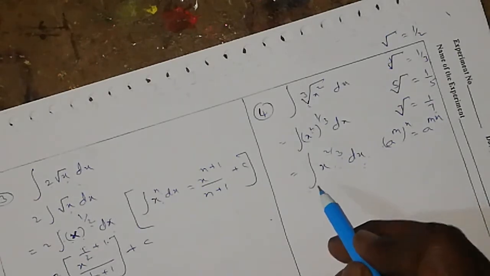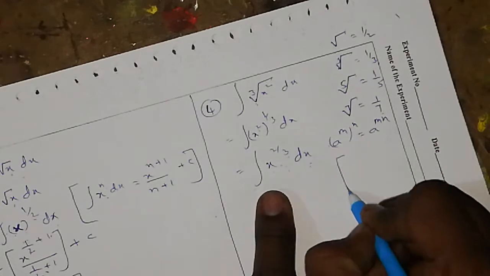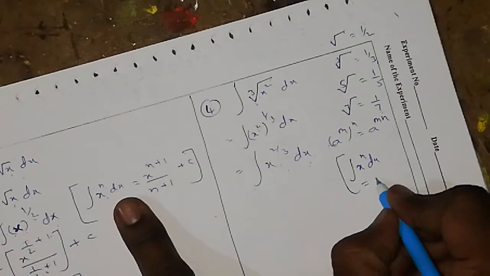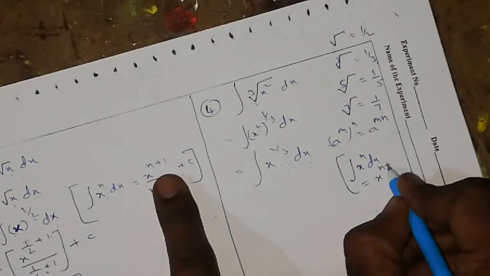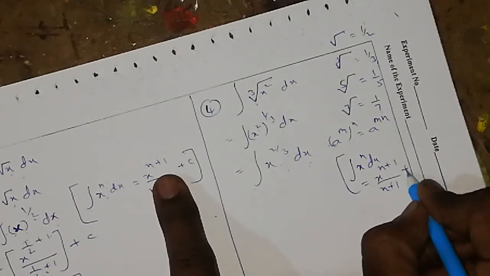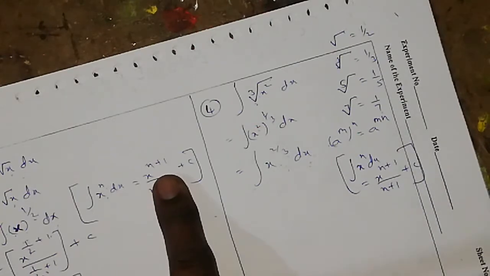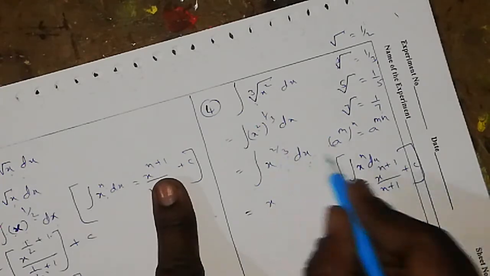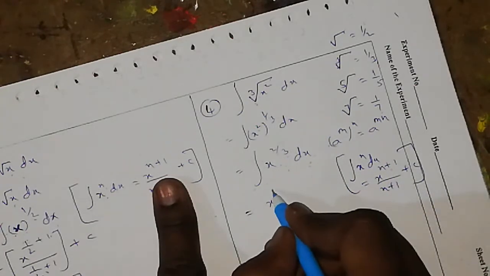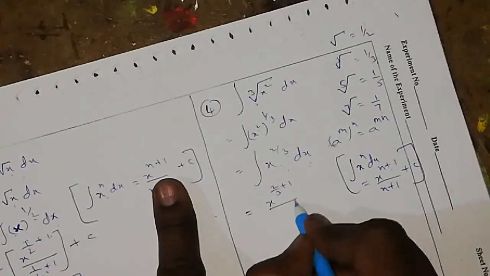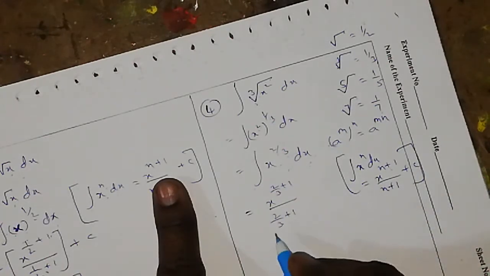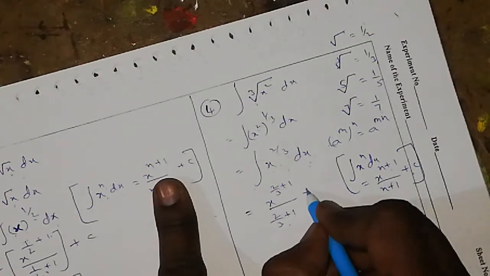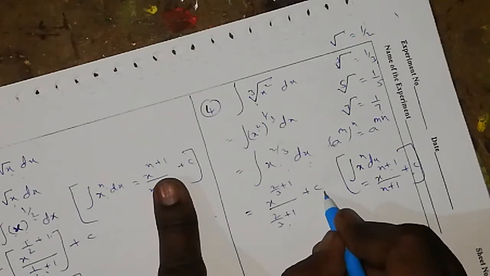Right. Now observe, it is in which form? Again the same formula, integration of x power n into dx. What I said? Integration of x power n dx is equal to x power n plus 1 by n plus 1 plus c. Right, apply the formula. So what are we getting? x to the power of, now what is n? n is 2 by 3. So it becomes 2 by 3 plus 1, divided by 2 by 3 plus 1. When we apply the formula, what do I have to write after that? Plus c. Don't forget to write plus c.